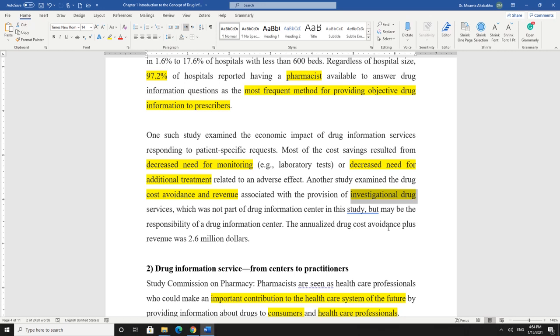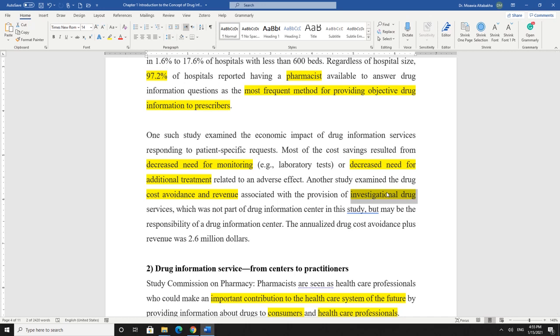So what are the benefits of knowing about this? If I, as a pharmacist, know about this, then if there is a patient and I don't have a medication that treats him, or the available medications are not 100% effective in this patient, I can ask this patient to volunteer in the trial. The benefit is that in this trial the patient will not pay anything, and the one paying for everything is the manufacturing company.